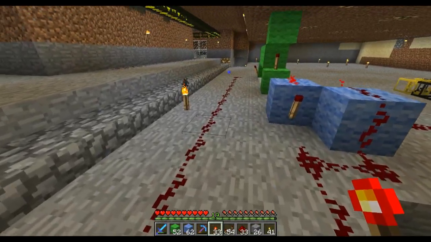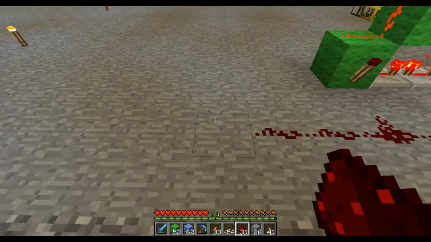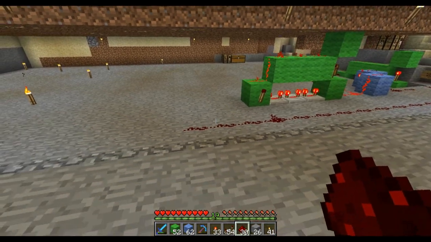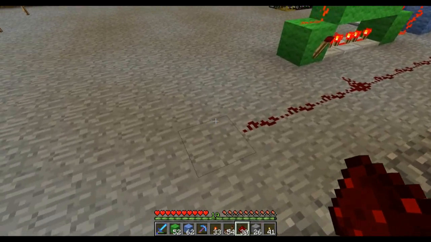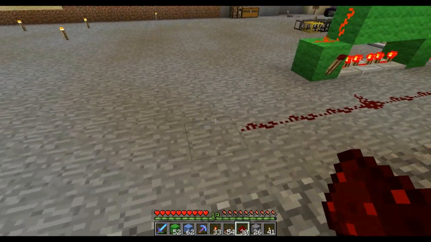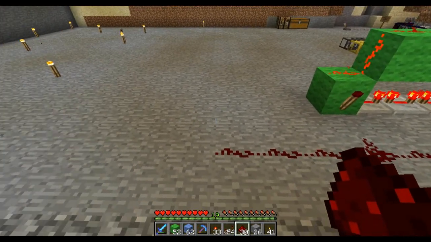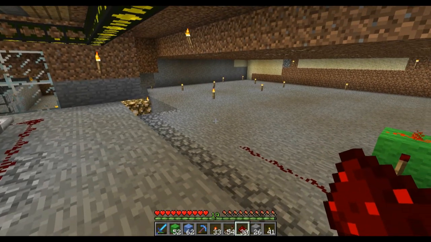Alright, so awesome. And then the second part of this edge trigger goes to the timer, which is going to be a dispenser timer. I'm just going to go ahead and make one of those. I'll do it off camera. If you haven't seen a dispenser timer before, we're going to talk a little bit about it in another episode. So I'll put that in now and talk to you about it in the other episode. So see you in a bit.